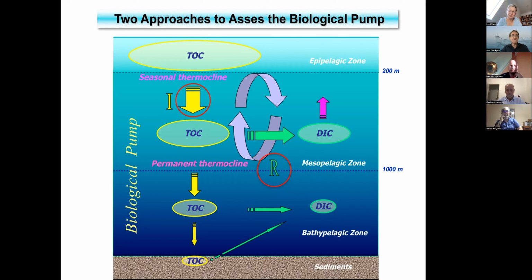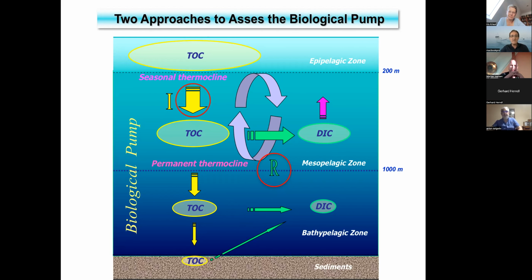One is looking at the carbon fluxes in the water column and how they decrease and attenuate and so on. We're just looking at these carbon fluxes. And the other one is looking at the remineralization of these carbon fluxes. So in a simple way, I would say that it's more straightforward to look at the remineralization, because when